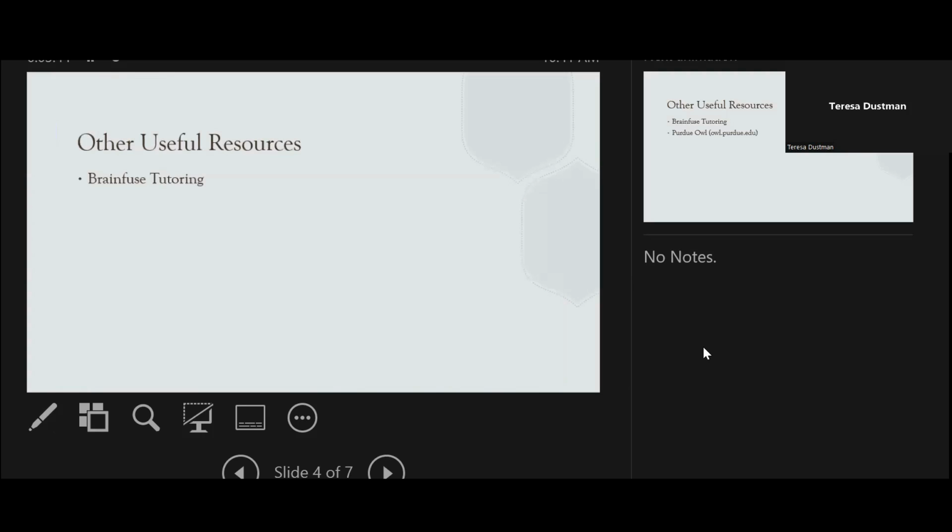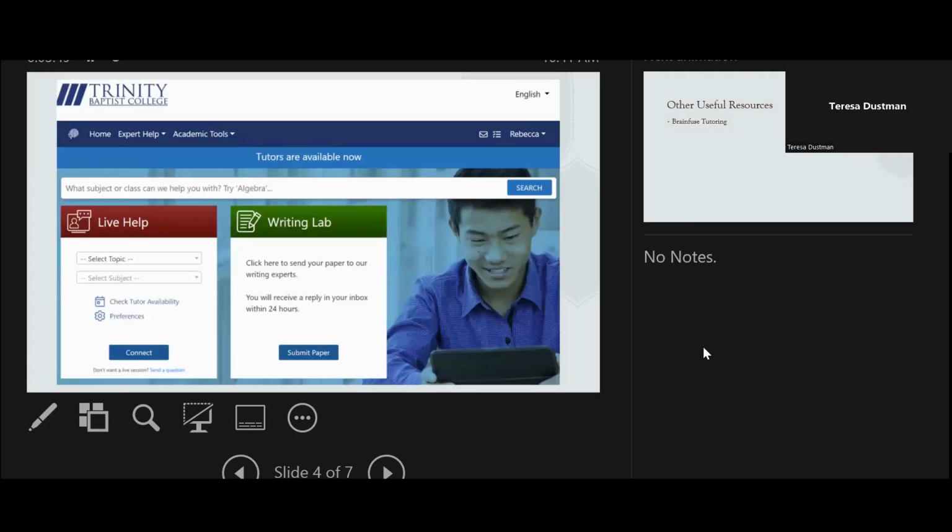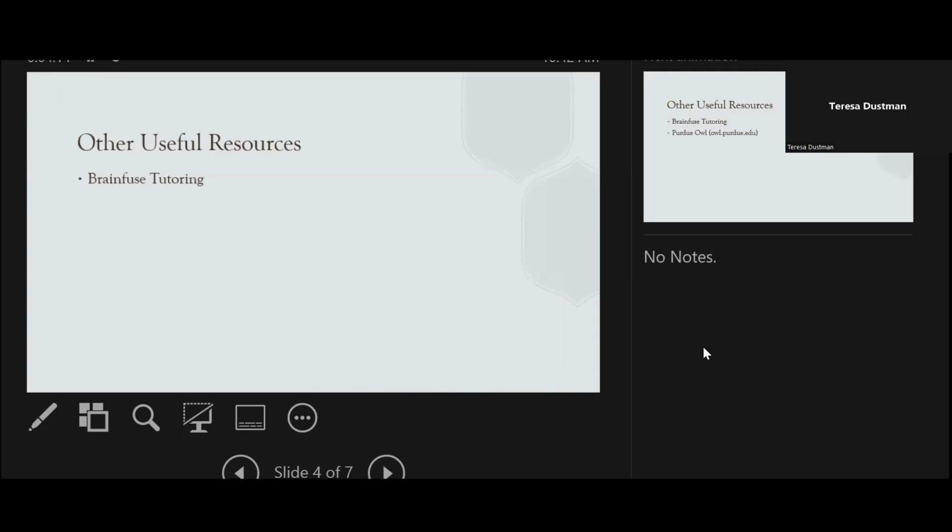Yes. Just a question on the previous slide. Mhm. I used the live help for some classes, but for the student paper, what's the turnaround time? 24 hours, yeah, which is pretty fast. But if there's a lot of work that they need to do once they get the feedback back, then just 24 hours before the final deadline for a class is really not enough time. So that's why I try and remind students at least 2 days before the final deadline to do it then. Yeah. Okay, so that's Brainfuse. Again, I would encourage you to put that as a link on your classes if you don't already have that.